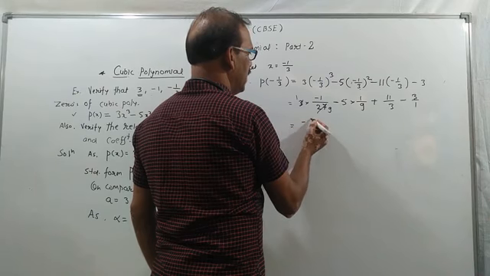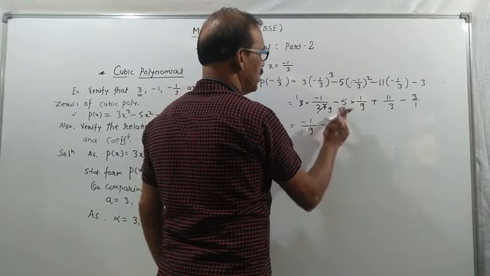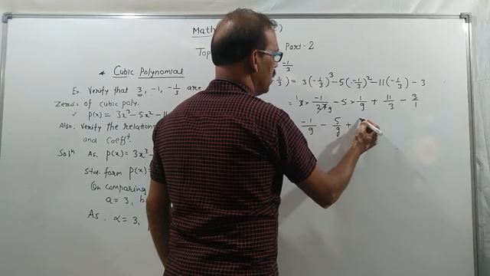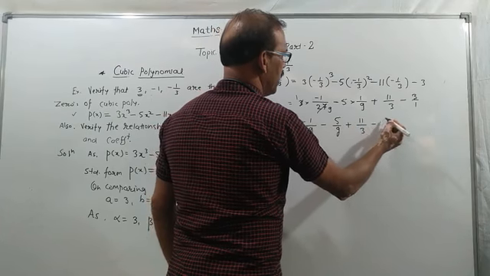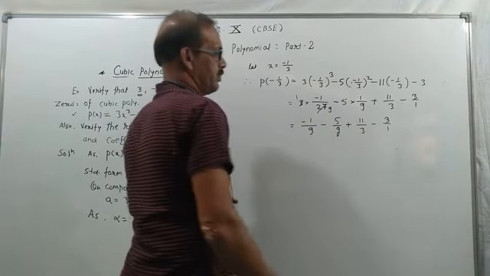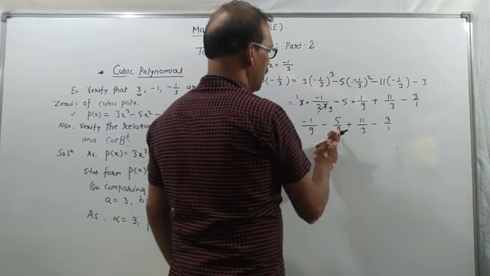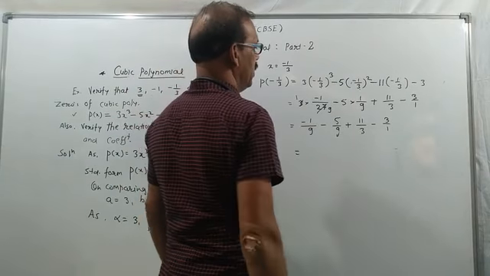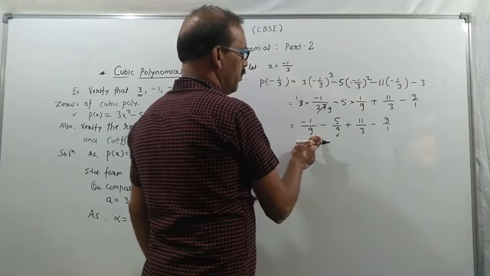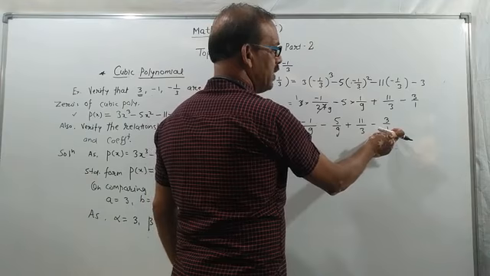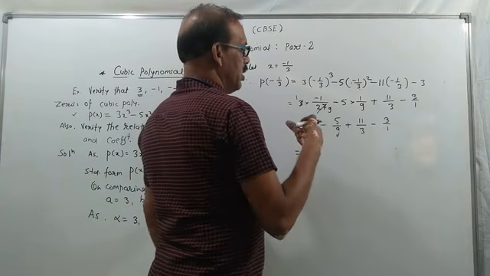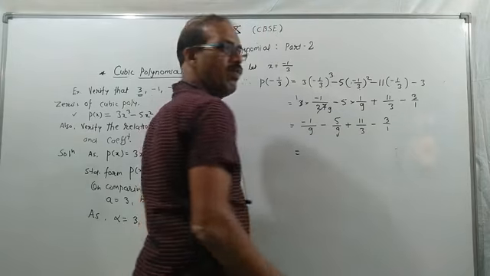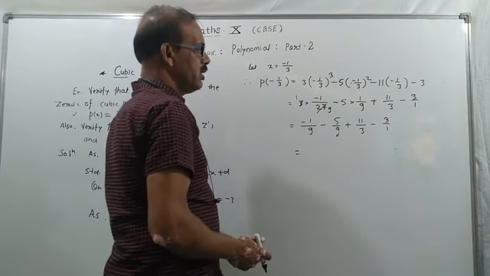So we write minus 1 upon 9, minus 5 upon 9, plus 11 by 3, minus 3 by 1. Now we have to solve all these fractions. It is possible to solve the first two fractions first, then operate with the last term, or in another order. Suppose we solve the first two and then the last two, whichever way is convenient for you. How to solve these fractions?